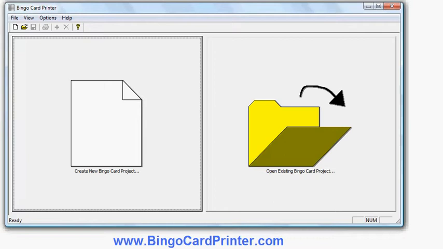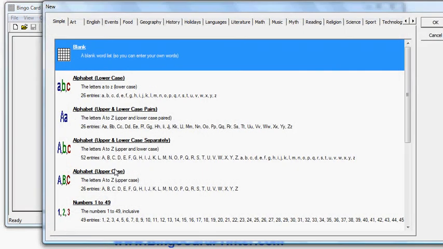This is the initial screen. I click Create New Bingo Card Project, and I have a choice of what kind of bingo cards I'd like to create. I can choose a blank bingo card and enter my own words, and choose alphabet, numbers. I can choose events, which include bridal showers, baby showers, birthdays, holidays, which include Christmas, Halloween, Easter, and so forth. Various school subjects, like English, history, geography, languages, science, music, math, and in this particular case I want to choose